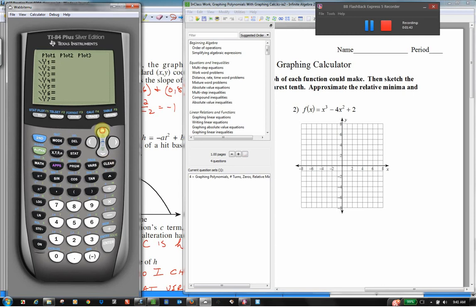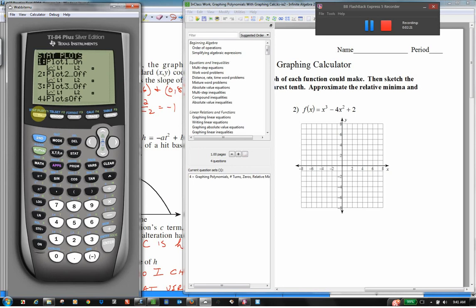So I'm going to go ahead and go up there and turn one of them on. Now, if you see this black highlighted on any of those plots, that means that one of your statistical plots is on, and it's going to interfere with the graphs that we're going to produce. We don't want it on. Another way you could turn them on and off is actually go into the statistical plot settings. That would be press your second key. Press your y equals key, because above y equals, it says stat plot. So if you press second, y equals,